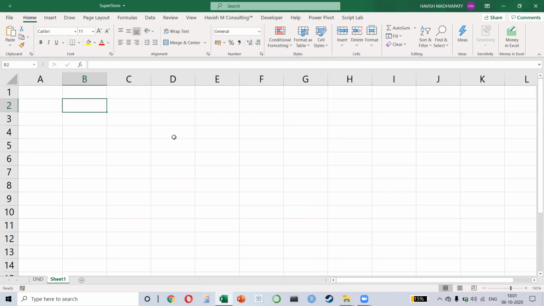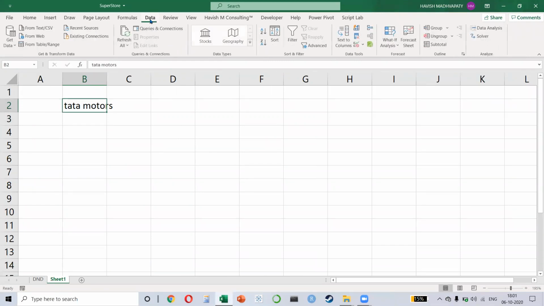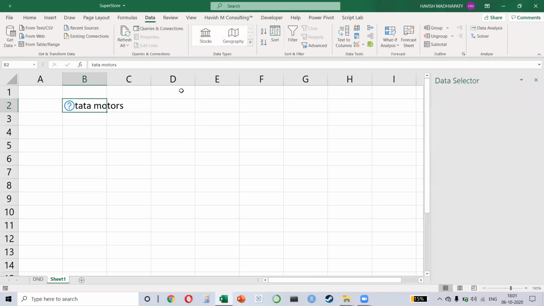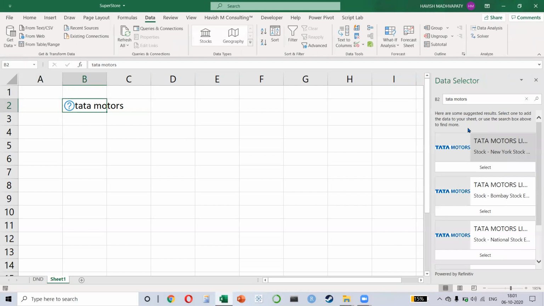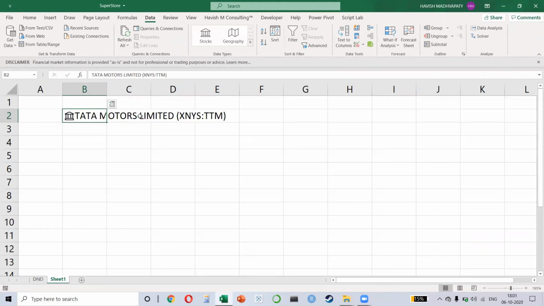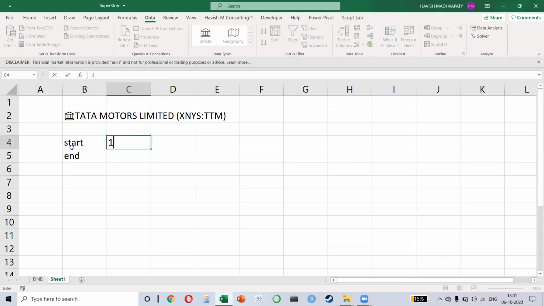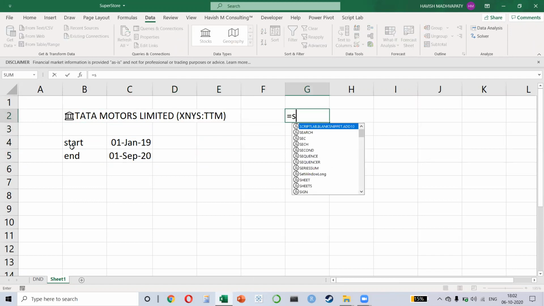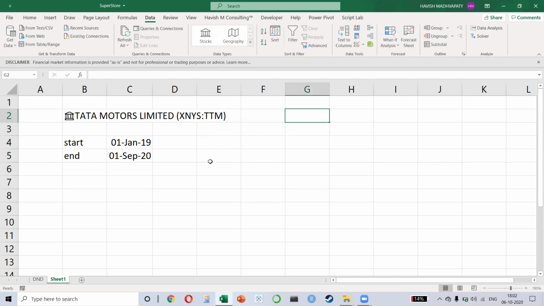For example, now you have something called, please watch this, Tata Motors. I'm going to convert this into a stock. Let me select the New York Stock Exchange, and I can simply set my start and end date. My start date is the 1st of January 2019, and the end is the 1st of September 2020. And all I can do is simply write stock history. Oh, actually, I don't have that feature with me. Hold on, no problem. Let me show you what I can show you. So I can just see the change of the stock directly within Excel.